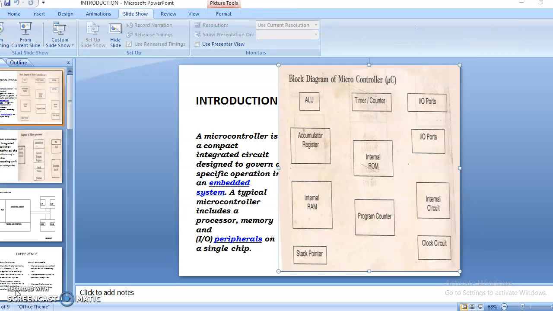And it has a timer and counter. If the microcontroller counts external events happening outside the microcontroller, then the circuit can be used as a counter. If it is used to generate internal time delays, then it can be used as a timer. And as you can see, there is a RAM and ROM. The ROM is used to